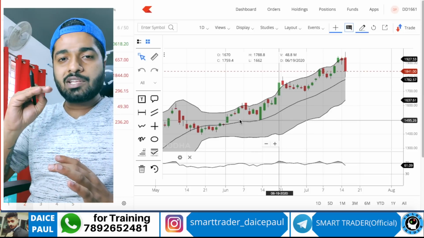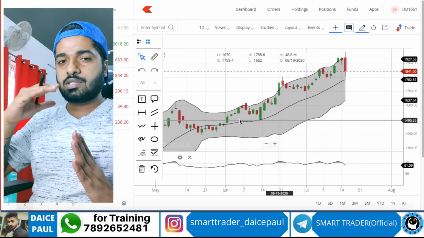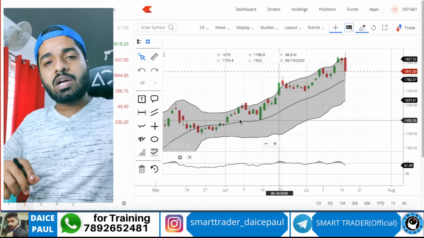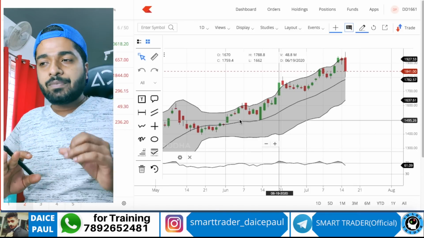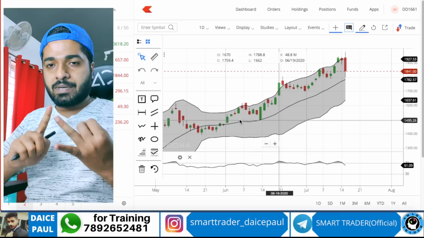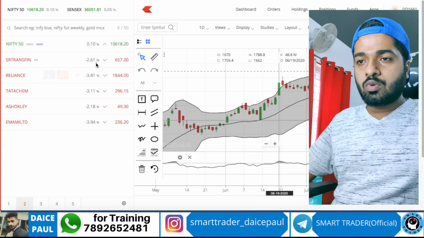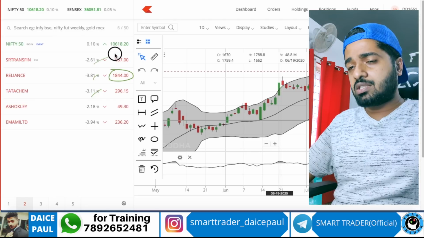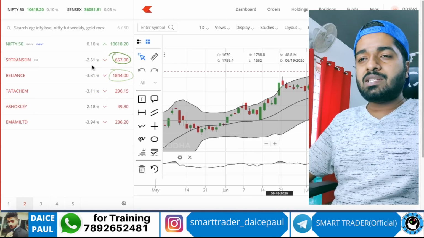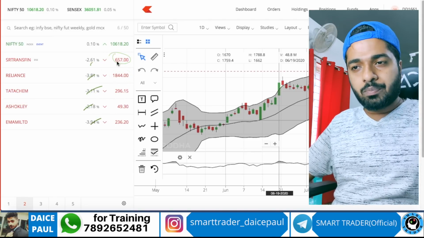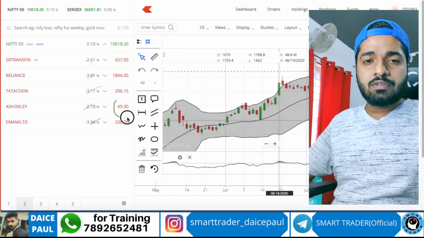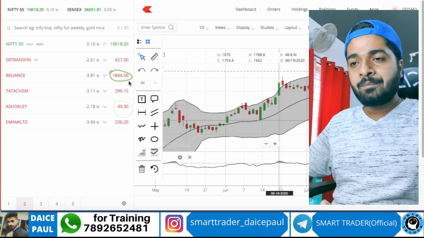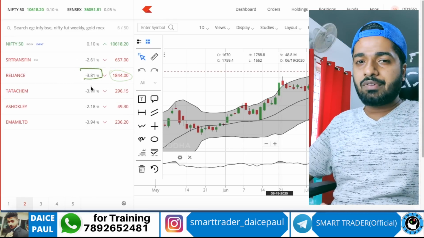Also, choosing your trailing stop loss levels, like how I showed you the supports, also matters. If you take it in the wrong area, if you just go by calculation, like for every stock I will keep 5 rupees as my stop loss, it will not work like that. Every stock moves based on percentage. So if you see these stocks move, for example, 2%, 3%, even though the stock price is 1800 or 6,657, the percentage movement is important, not 5 rupees. On a 49 rupees stock, 5 rupees is a very big movement, and on a 1800 rupees stock, 5 rupees is a very small movement. So if you don't go by percentage, it is very difficult.